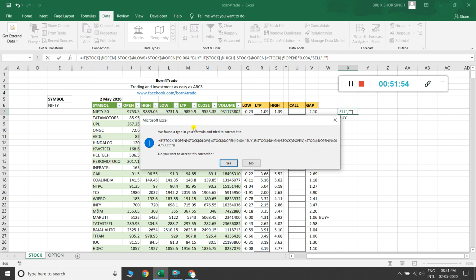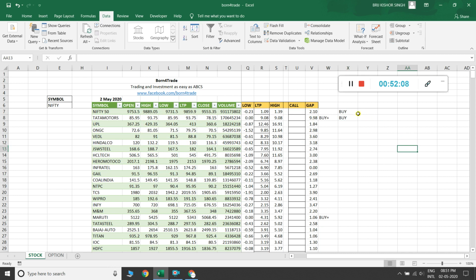Again we did something wrong, and it gives me a suggestion to correct itself, and I click yes. Okay, so now it gives a combined formula for buy and sell signal.